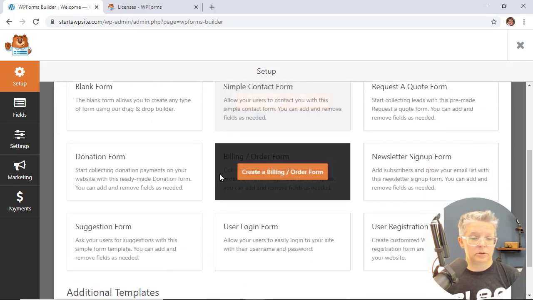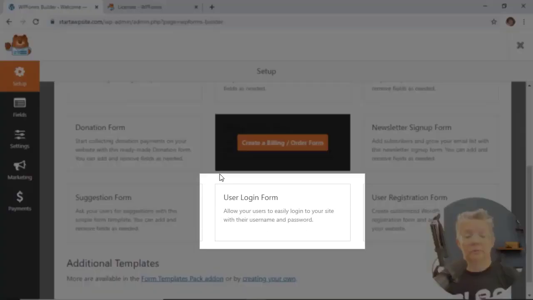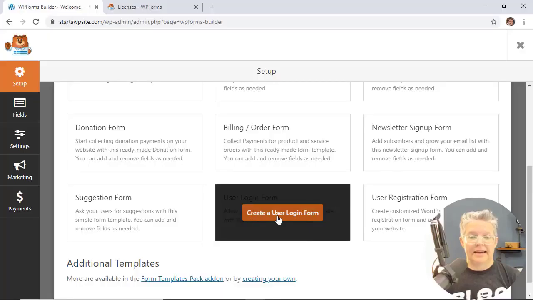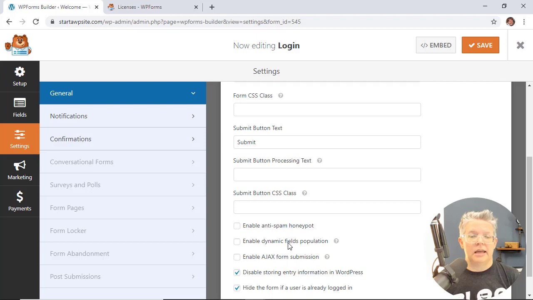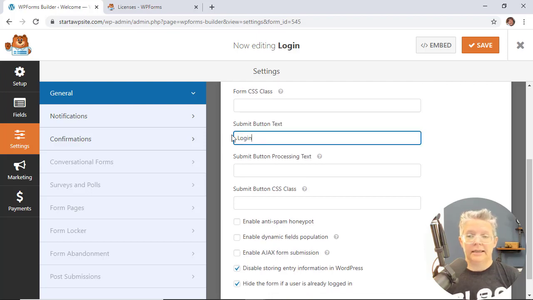And we're scrolling down. We're looking for the user login form. So let's create the form. And this is what the actual form will look like. And then once we put it on the page, we can customize the page. So if all that looks good to you, you can even change the name of the button to log in,